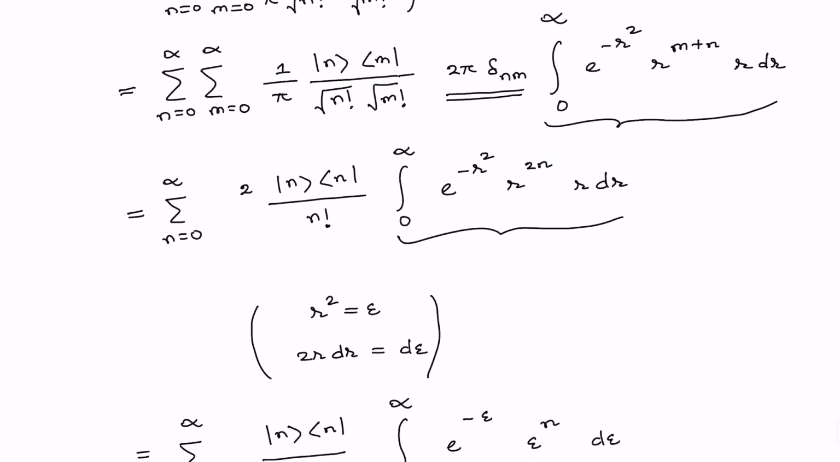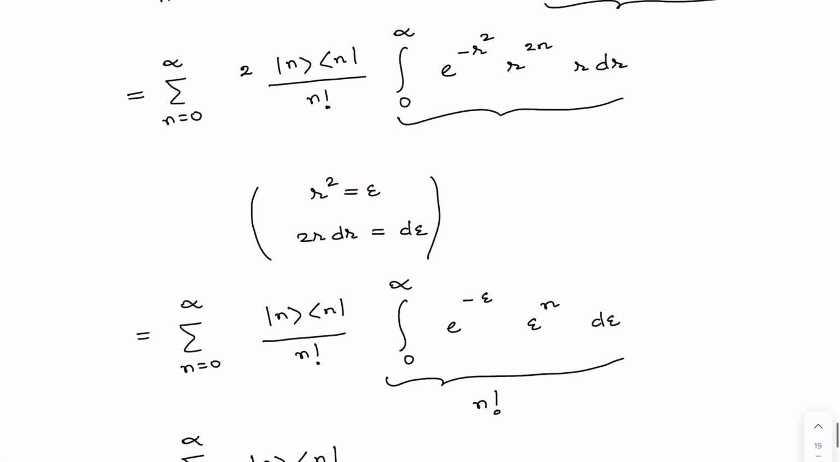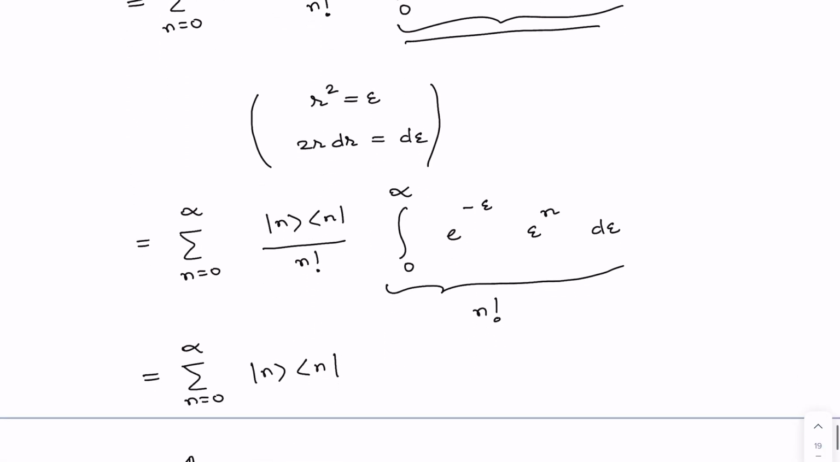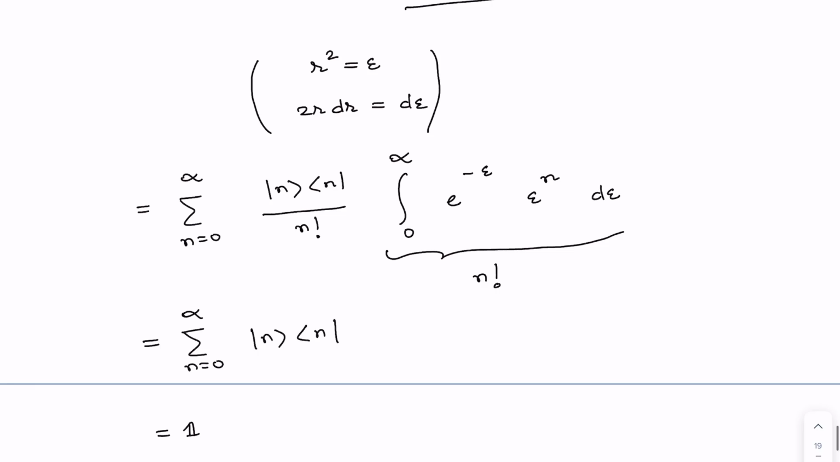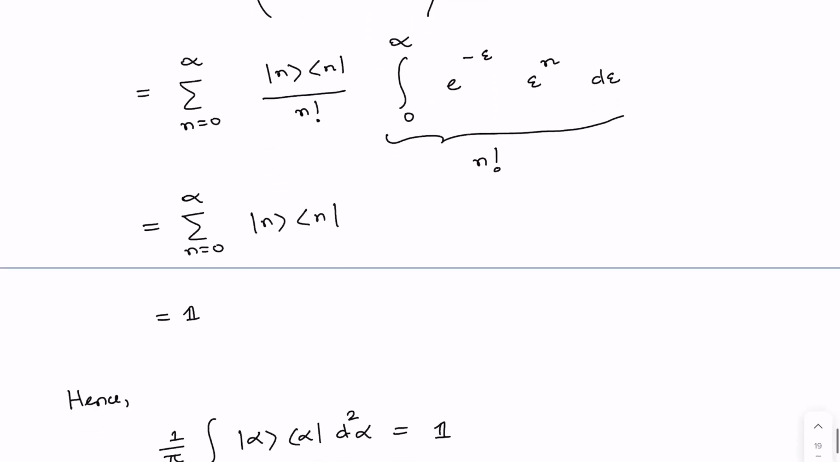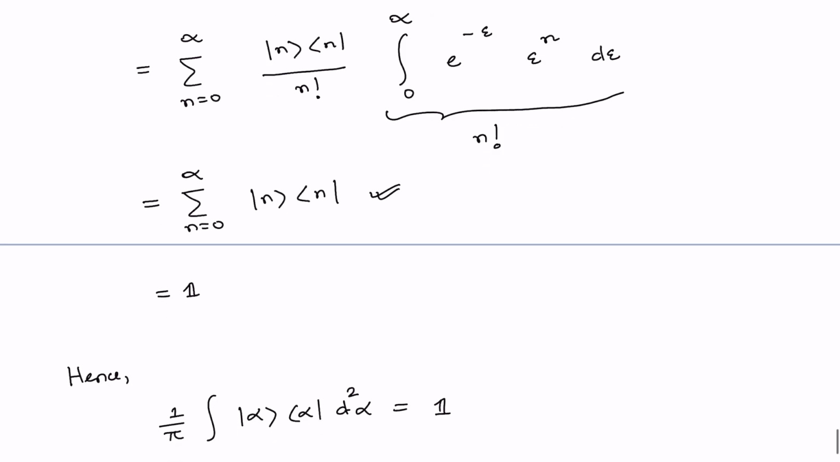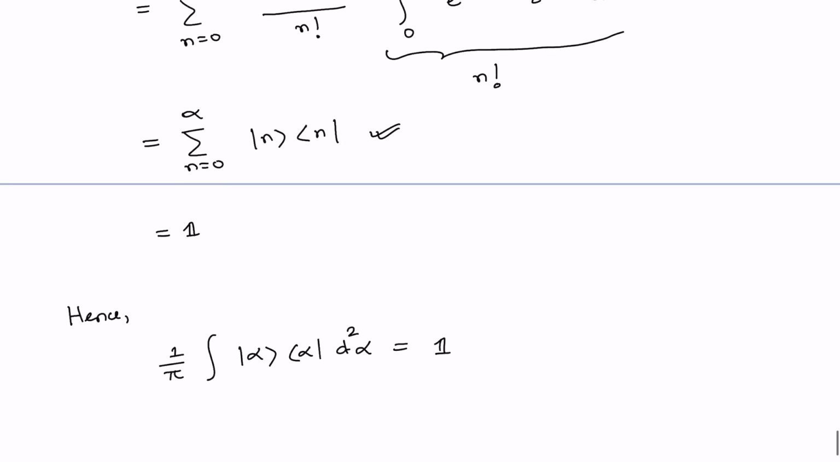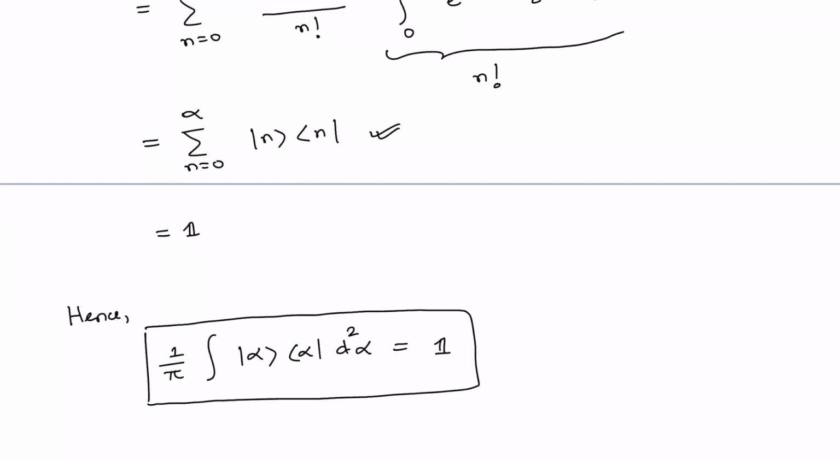If I take r square is equal to epsilon, then 2r dr is equal to d epsilon, and if I put it here, then this integral is nothing but n factorial. And utilizing this, you see n factorial will get cancelled out, and then you will be having this quantity, and this is nothing but the completeness condition for the number state, and therefore